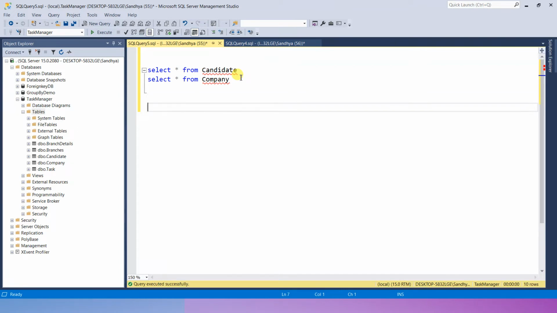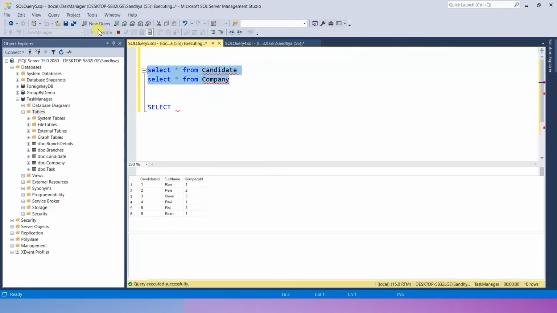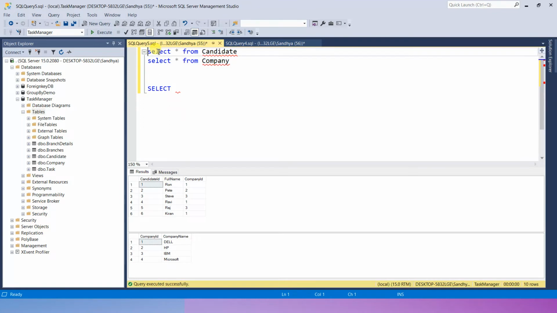So right now we will write the join. We will say select. As I told you, you have to mention the column names. What columns do you require? Let's see what columns we have in candidate and company. I want to create a cross join between candidate and company.